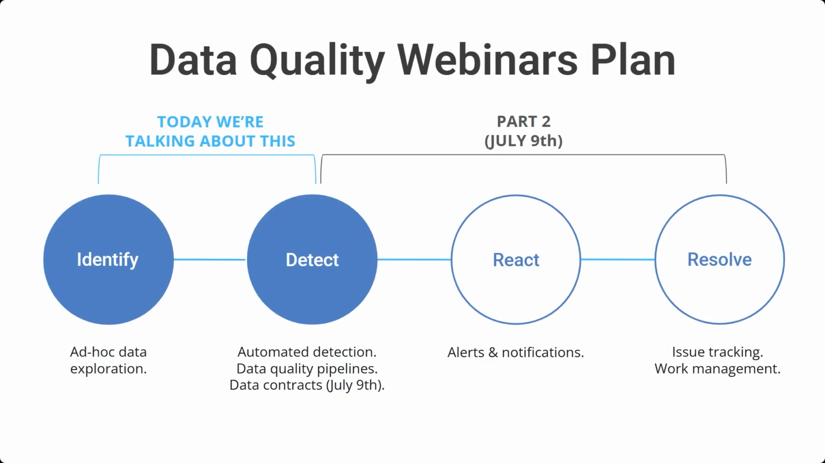about how to automatically detect data quality problems in the second part of this webinar, which will be on July 9th. So make sure you book it in your calendar. Also, in the second part, we will cover options to react, how to react to data quality problems and how to resolve them. Everything will be demonstrated, so it's not just words. You will see it in action. You will see how it works, and we hope that